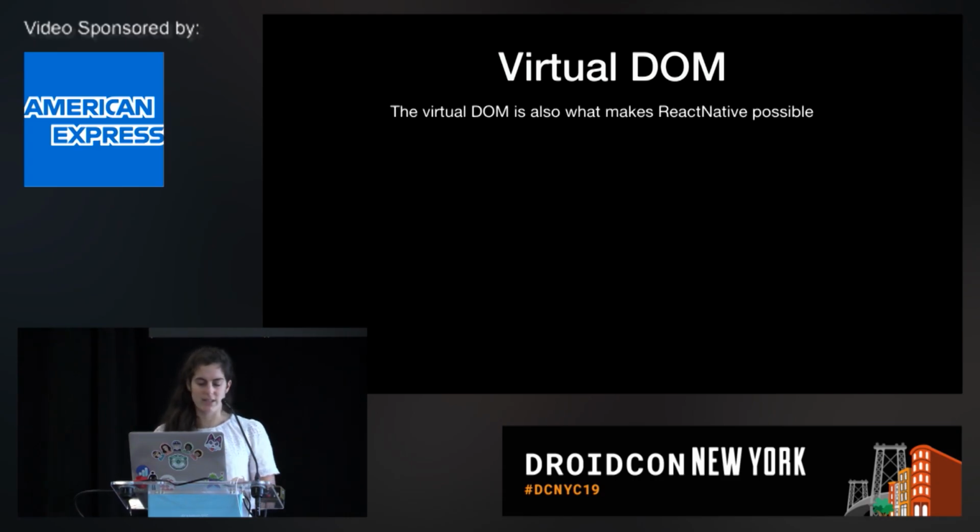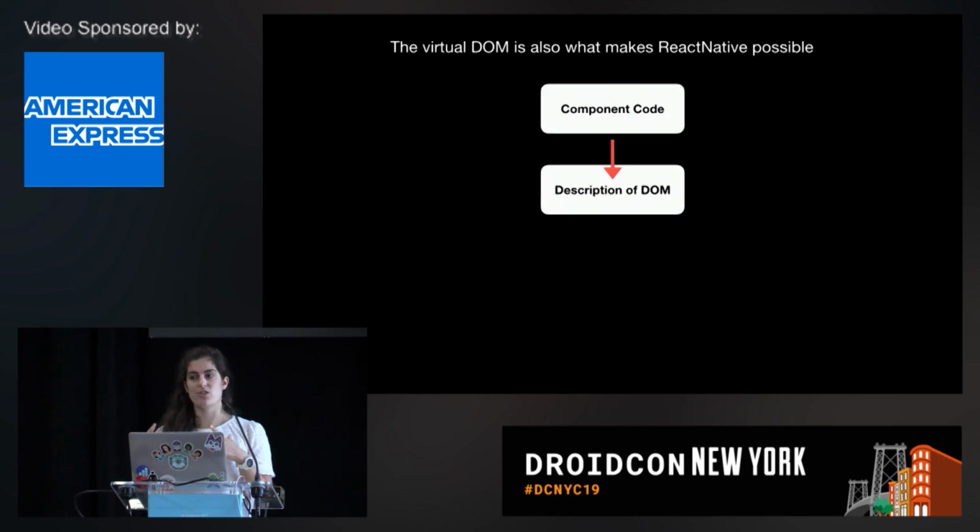Now, why do we care about this? Well, because this virtual DOM is exactly what allows React to work on mobile platforms. So we have this structure where the React code, and in our case the React Native code, is creating a bunch of components. That's you writing your UI and your business logic, and then it's emitting a description of what it wants the view to look like. So if you have something that's centered or left aligned with a certain font size, it is emitting a stream of descriptions of that UI saying, please render this, this is what I want my UI to look like.